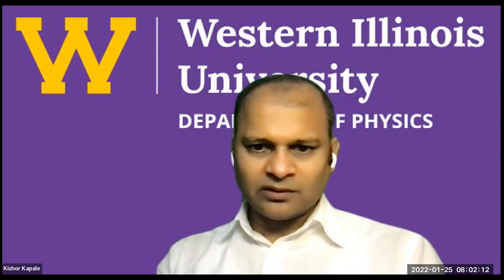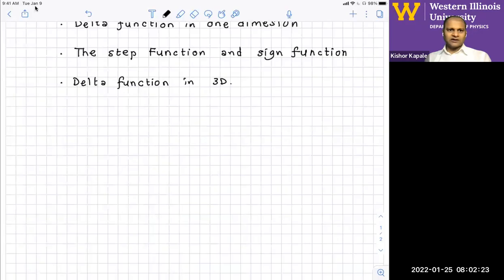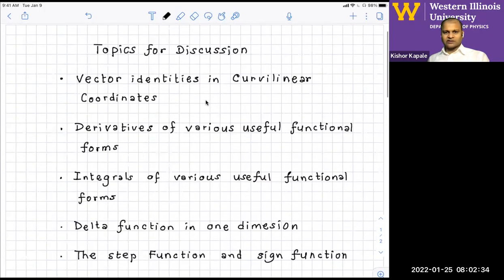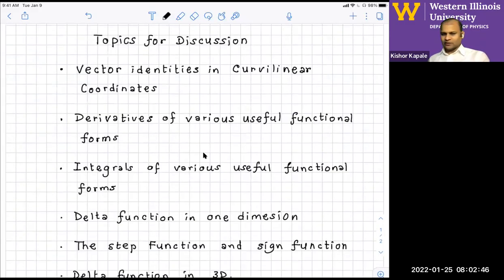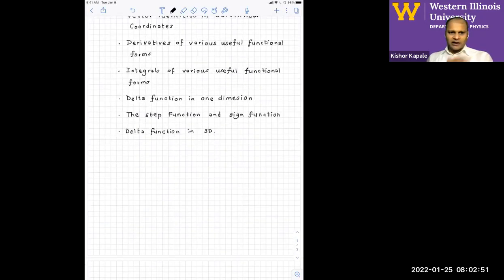I'm not going to look at the homework directly, but what we want to do is take a look at our plan for today, where we're continuing with the mathematical preliminaries. And I think we will still need to discuss a few topics on Thursday. So today and Thursday, we will still be dealing with some mathematical basics, which for some of you may just be review, but that's how it's going to be. And I'm going to keep it this way. Okay, so last time we looked at the